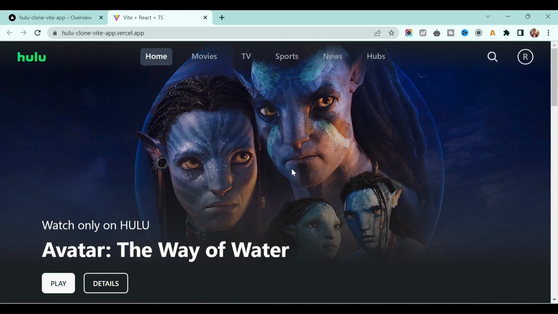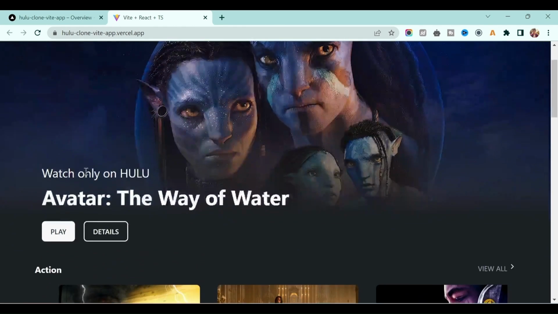So in this application we did the cloning of Hulu, okay, and we gave the name Hulu 2.0. If you see the header, we will see this beautiful menu, and on hover on each of the menu items, we will get these beautiful background effects. Okay, then we have search buttons. So I will tell you how to use React icons, which is the official React icon library. Then if you come here, you will see how to use Tailwind CSS to give this beautiful gradient effect and write the text on the image.